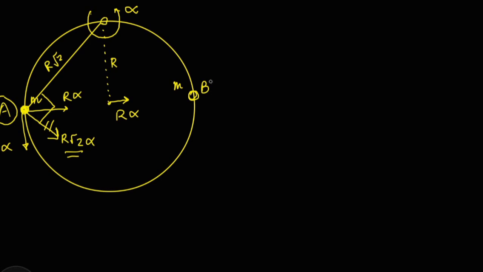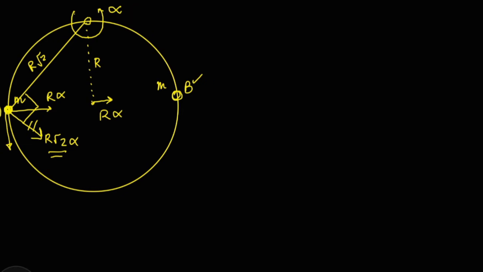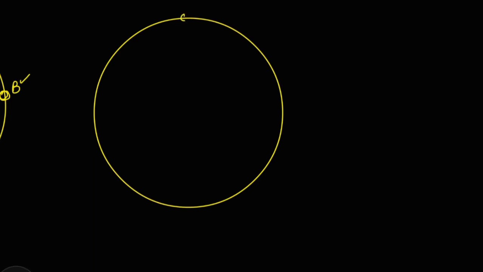We cannot say anything about bead B because it will not move with the ring. It can slide along the ring. So its acceleration can be different from the acceleration of the ring. The forces acting on bead B are mg and a normal force by this ring, suppose in this direction,